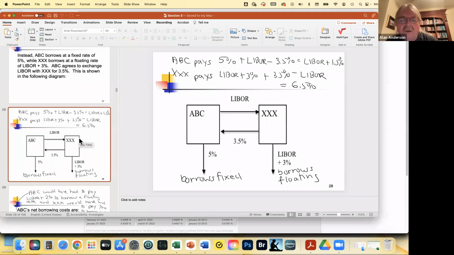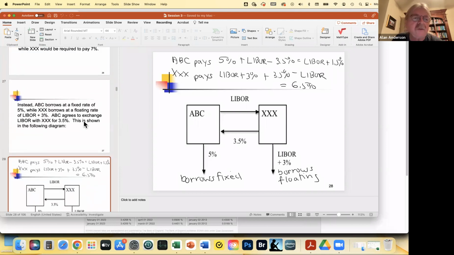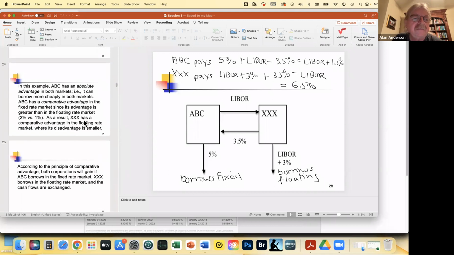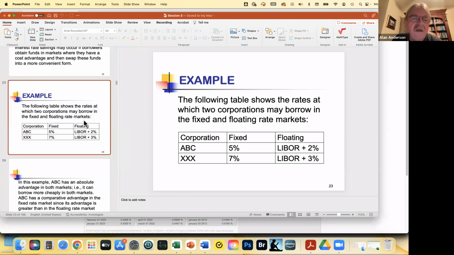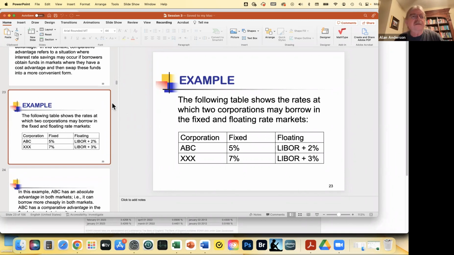So ABC is paying a net LIBOR plus 1.5%. It would have cost them LIBOR plus 2%. Okay, so ABC has reduced their borrowing costs by entering into this agreement. So in other words, ABC is,